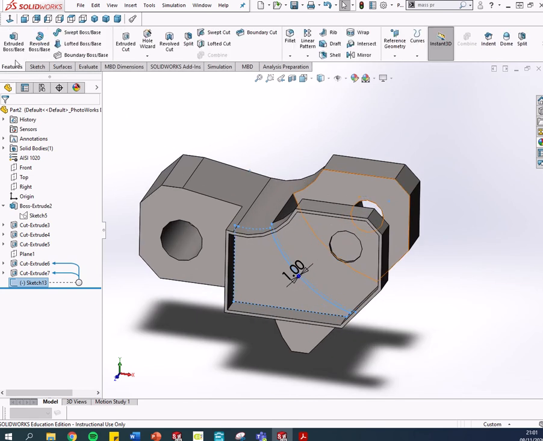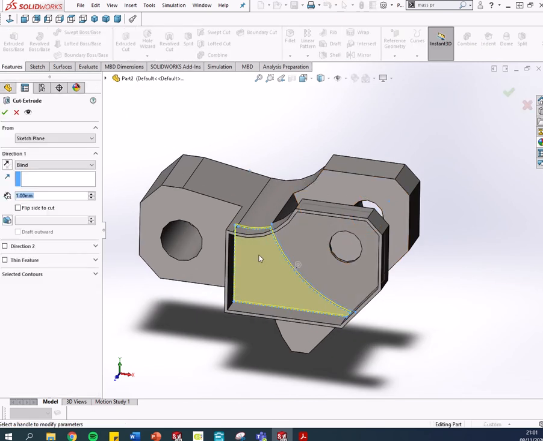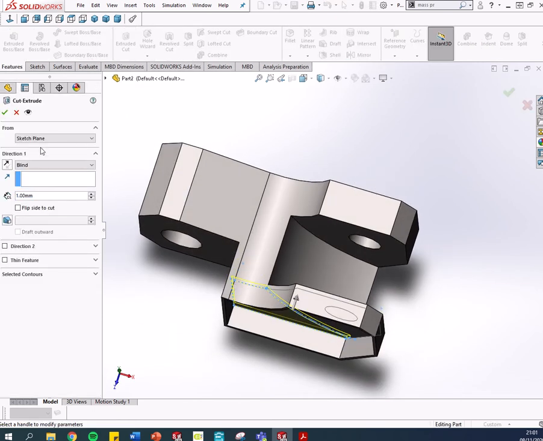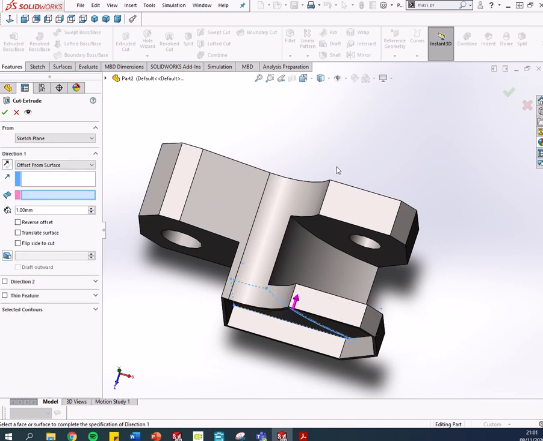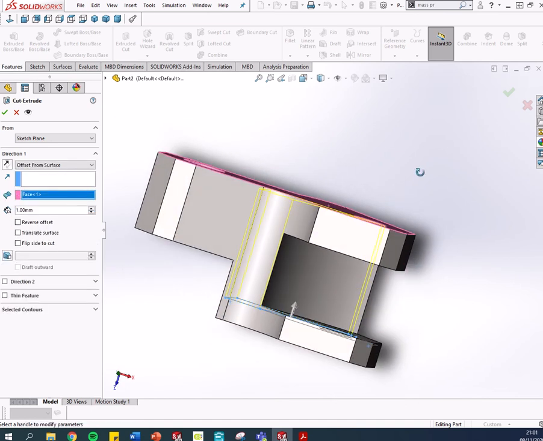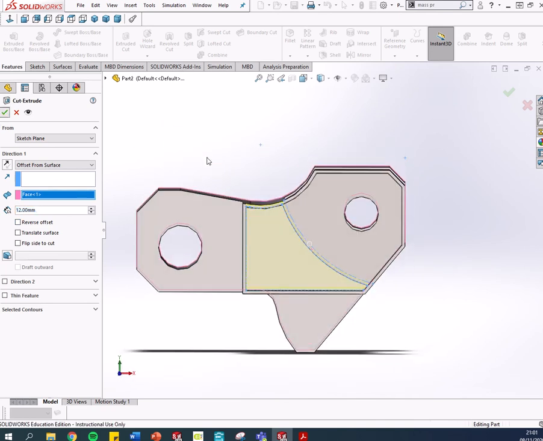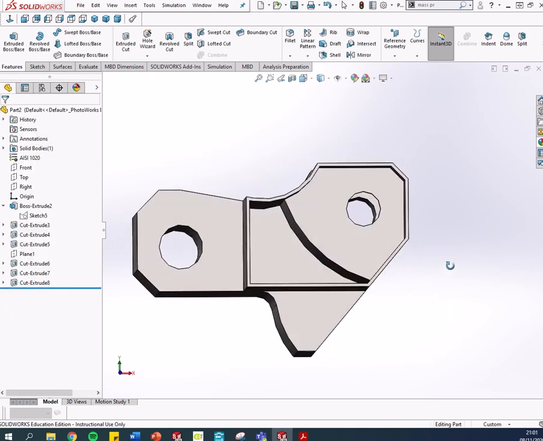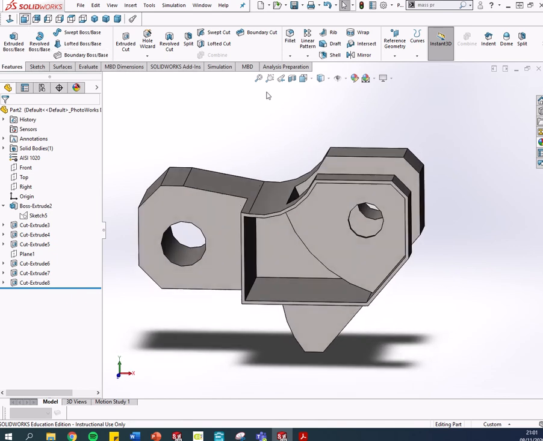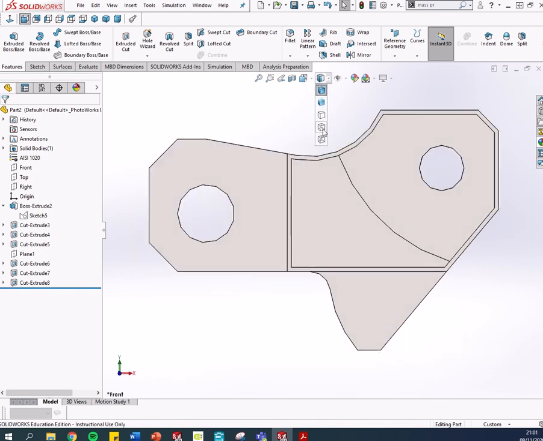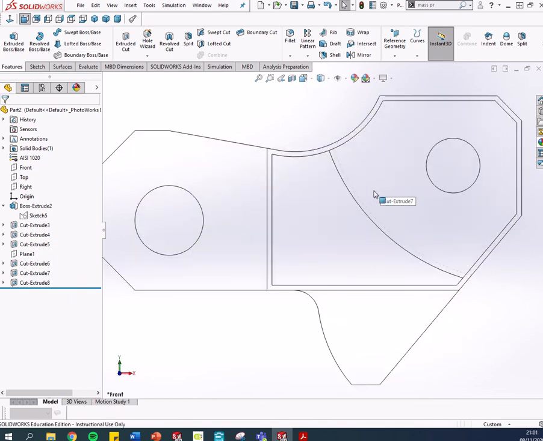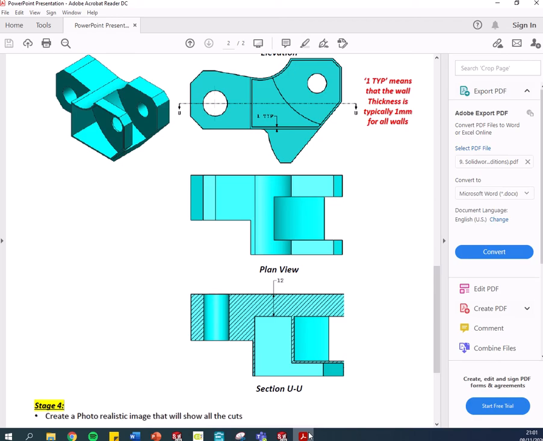So if I do features, extruded cut, and what we want to do is offset from surface, select the back surface there, and we want to go with a 12mm offset, and I think that could be it. Let's have a look. Looks good. Go for front view and we'll have a look at the hidden detail. Yeah, I think that could be okay,